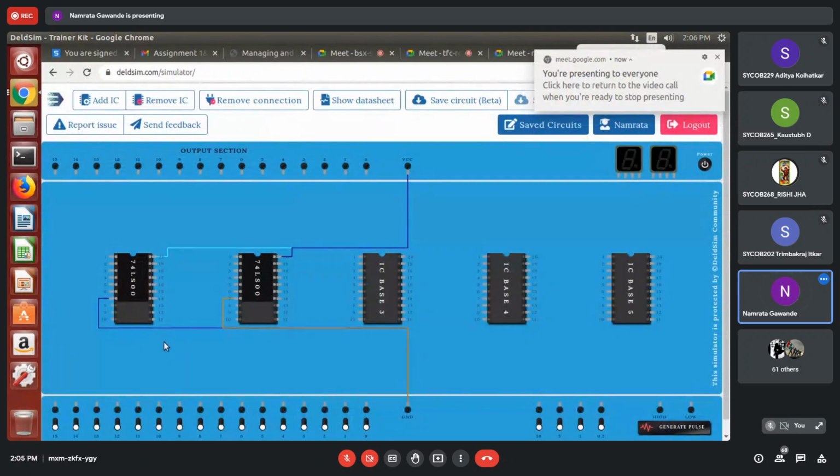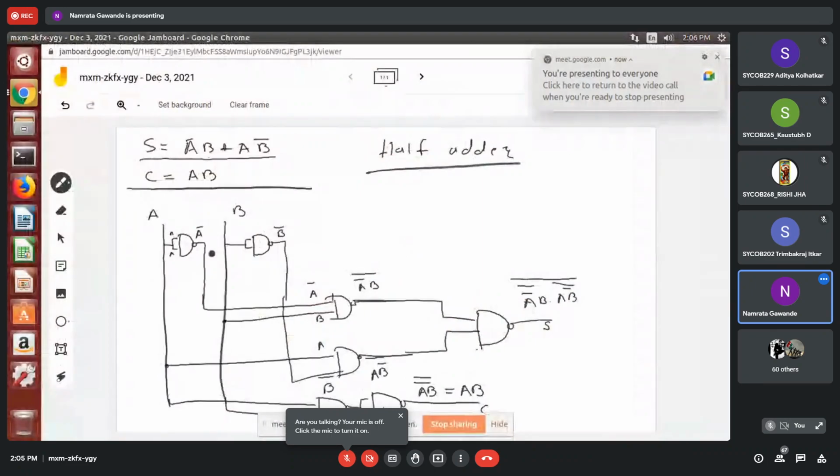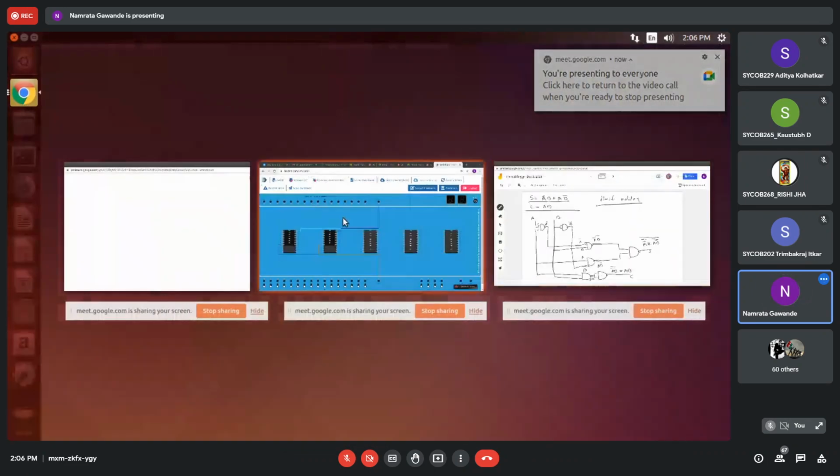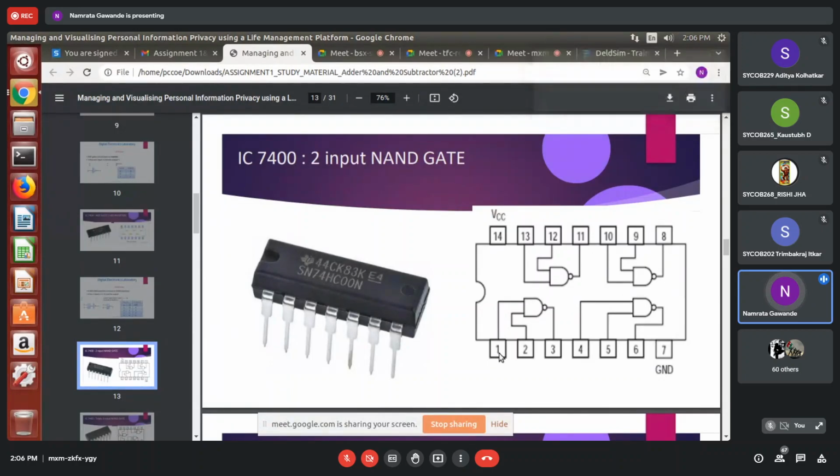Okay, now see here how we can do the connection. See here, for the connections I'll first place the numbers directly. You can see in the internal structure of the IC: 1, 2 input, 3 output, 4, 5 input, 6 output. So what I am going to do is write these numbers based on the input and output, so it will be easy to make a connection. Okay.